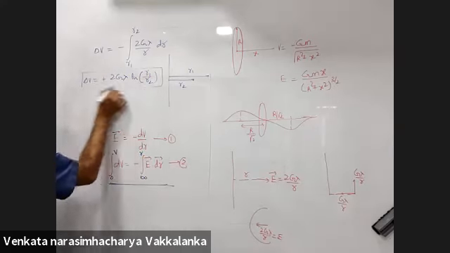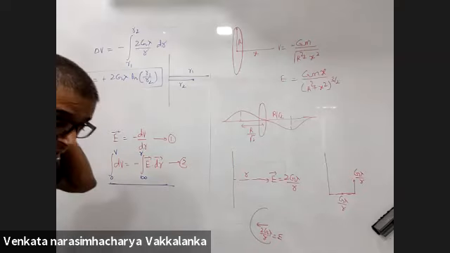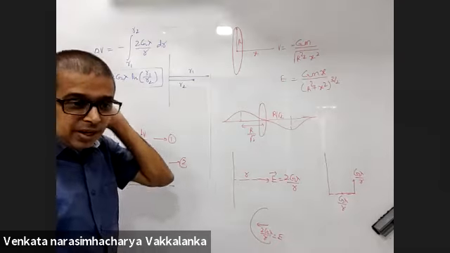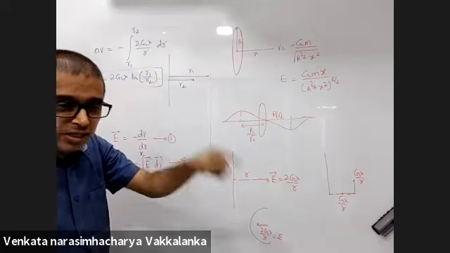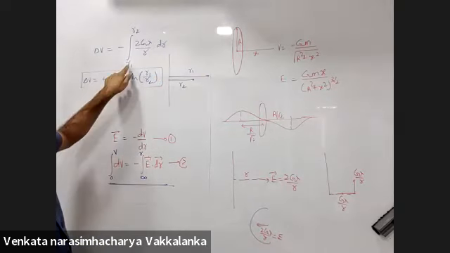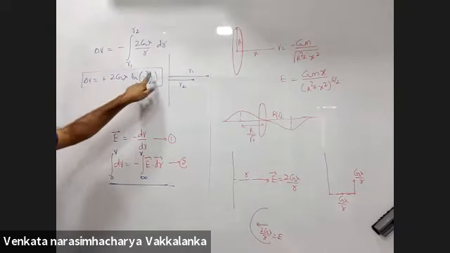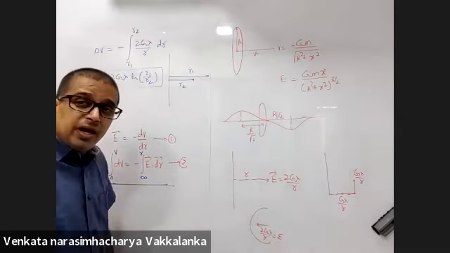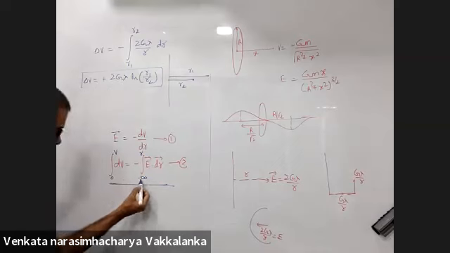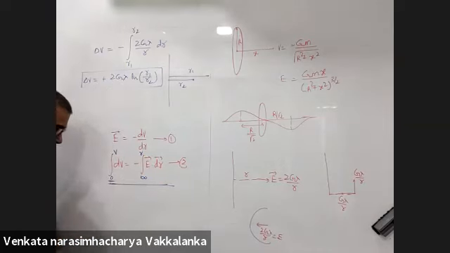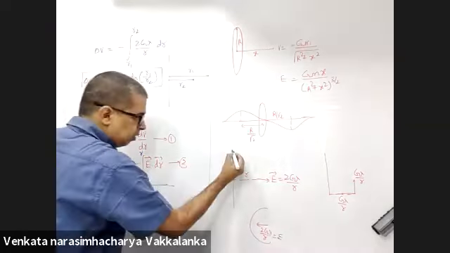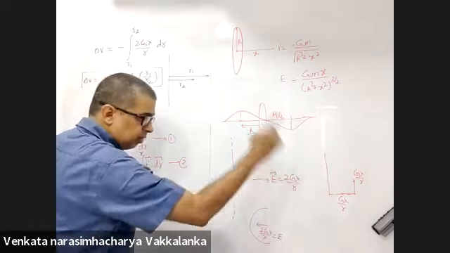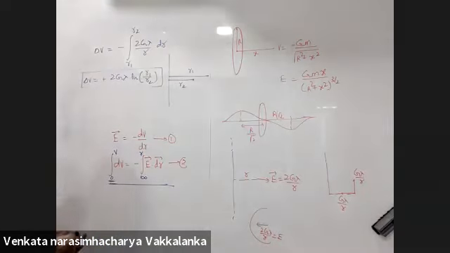I don't have a problem in defining potential difference, but I have a problem in defining potential at infinity. Just put infinity here and see what you will get. You will get ln infinity. And why are you getting that? Because you are not able to define this zero. This is an infinite long wire. Wherever you go, you will never reach the point of zero potential.